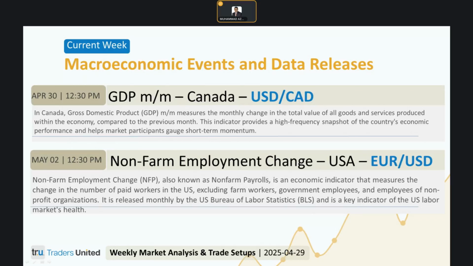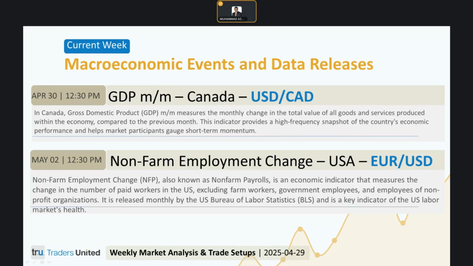So markets are expecting a significant slowdown in job creation in the USA, with the forecast dropping to 129K from the previous month's robust 228K. The lower projection reflects concerns over cooling demand in certain sectors and a potential moderation in overall economic activity. Now, the market impact on Euro USD: if the NFP is higher than expected,